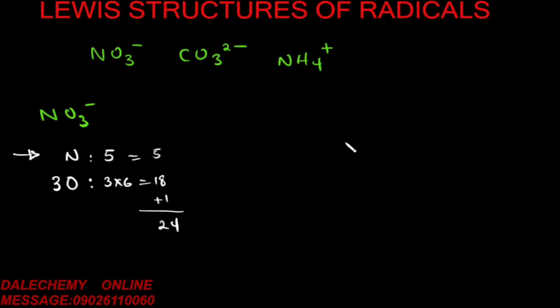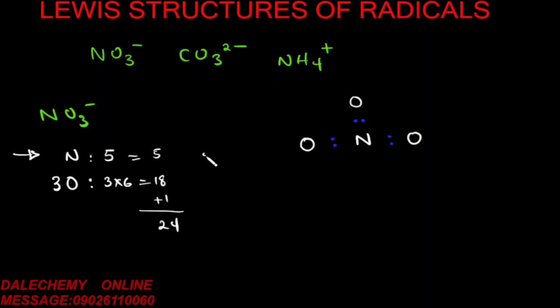Now if you check, we have nitrogen and oxygen. Nitrogen comes before oxygen, so it means oxygen is further to the right than nitrogen, and for that case oxygen is more electronegative than nitrogen. So nitrogen is going to be at the center, and we have our oxygens around it. So that's the rule, and you're going to put a pair of electrons between them to form a bond. That's the second or the third rule. The next rule,